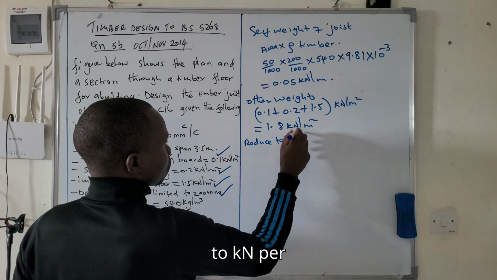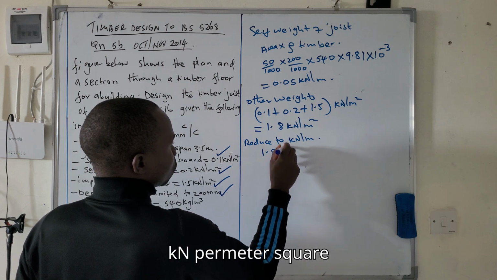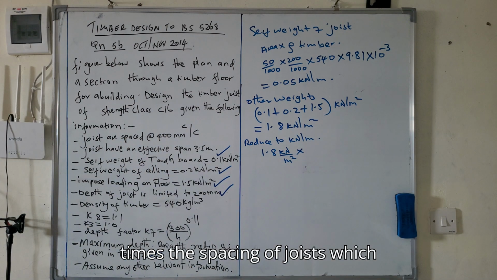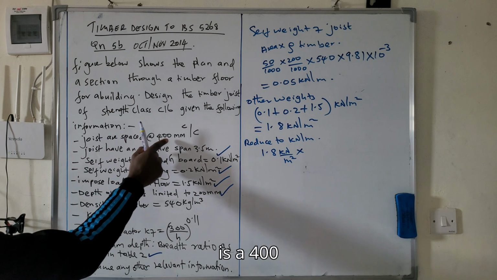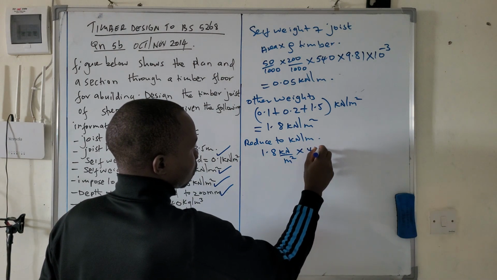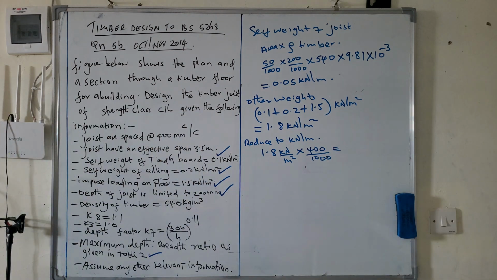So you will take 1.8 kilonewton per meter square times the spacing of joist, which is 400 millimeter center to center. So times 400 over 1,000. We are converting from millimeter to meter. So that one will be 1.8 times 400 over 1,000. So that is 0.72